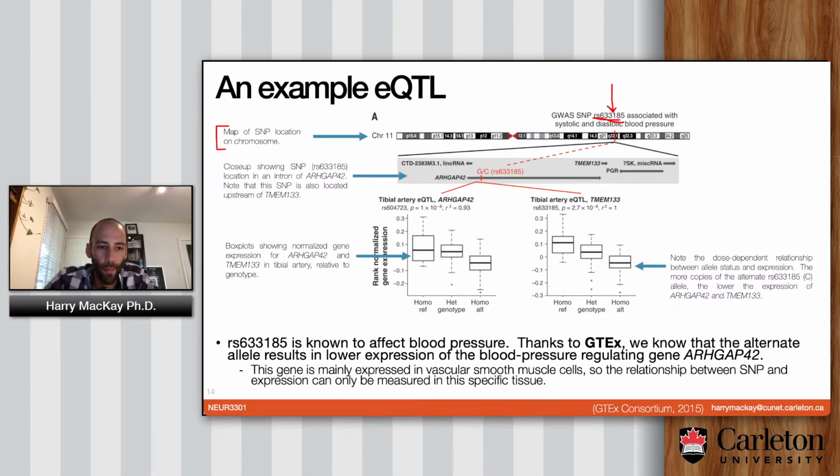Now here's a close-up diagram showing all of the different genes located around where this SNP is. You can see that this SNP is in the middle of the RGAP42 gene. The gene starts here and points this way, so it's transcribed in this direction, and the SNP is actually located inside of an intron. Now, of course, introns are not protein coding, so this SNP can't possibly affect the protein RGAP42, whatever protein that gene codes for, but it can affect the expression of it.